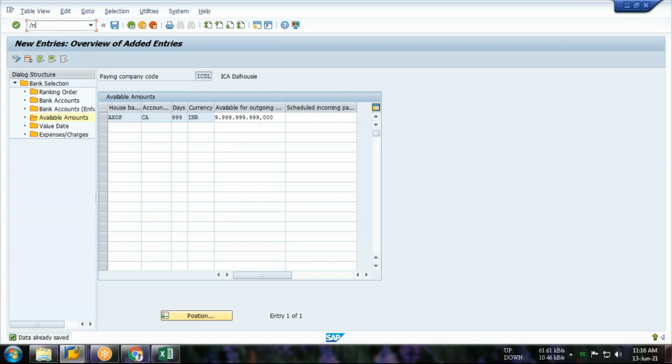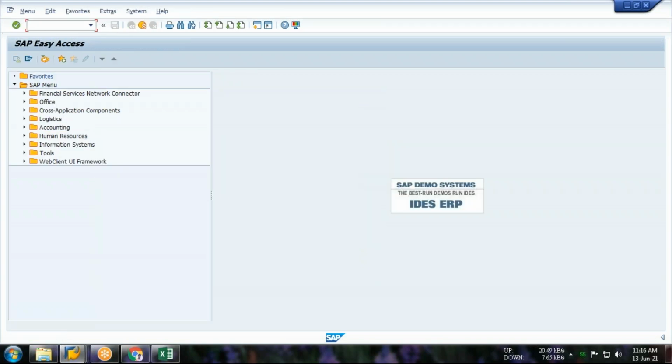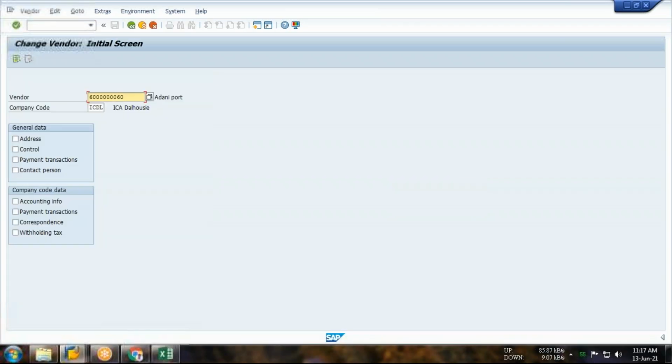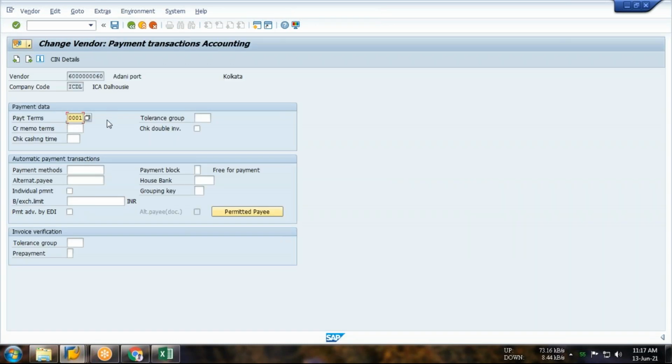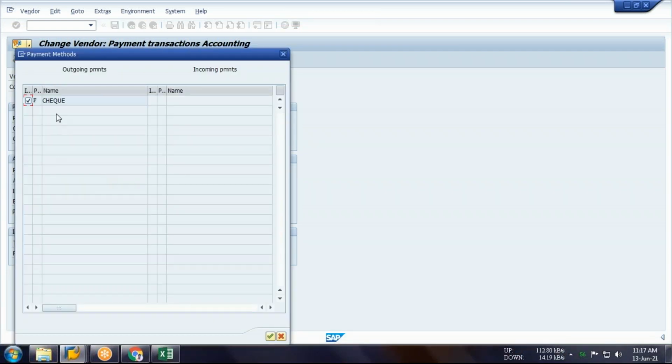Okay, I have done the configuration of automatic payment. As you have seen, I have taken a payment method called F for check payment. Okay, so I have to change a little bit in my vendor, FK02. So here I have to assign the payment method called F. I have selected the payment method F, check payment.